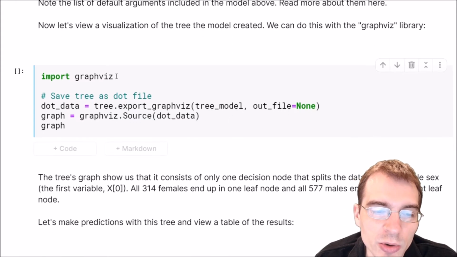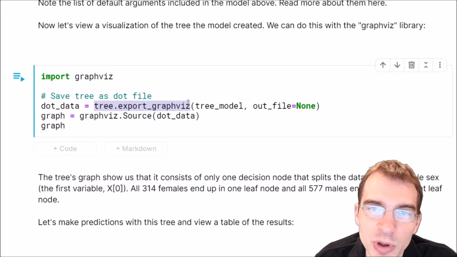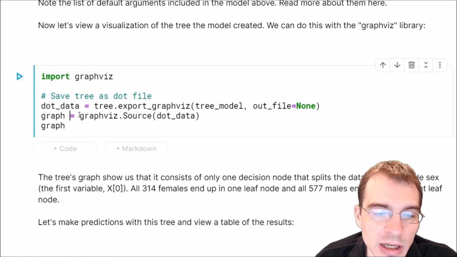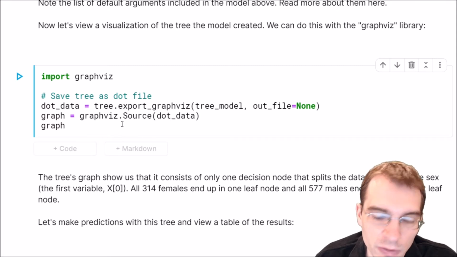We're going to import GraphViz. We're going to say tree.export_graphviz. This is letting us export our model as a visual representation. So we're going to pass in our tree model. We're not going to have an out file because we're just saving this as a variable that we can graph. So then we say graphviz.Source, it's going to be the saved .data. And then we just call graph here, and this will render a little plot or visualization of what our tree